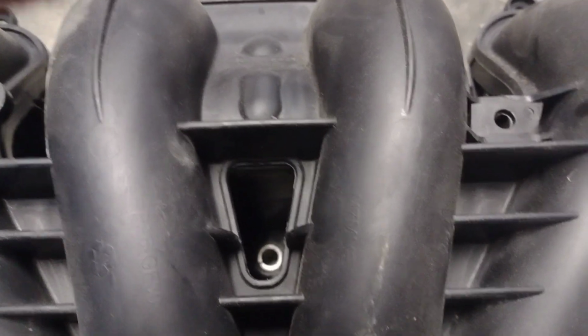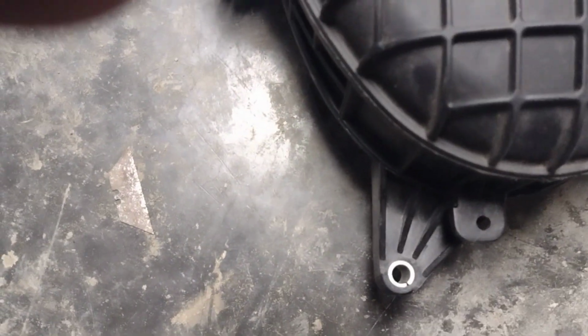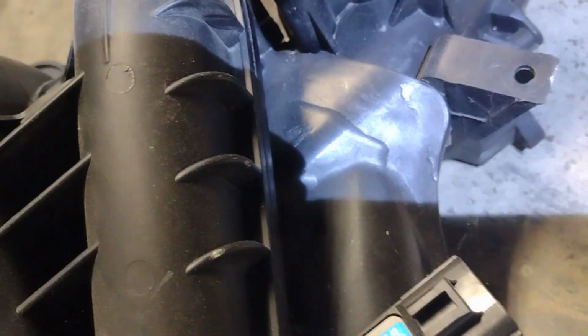that's kind of crazy. Like there's one right here in the middle, which is kind of a pain to get back in, and then there's one here at the bottom. But they're relatively easy to get to. That one right there, this one, and there's two here. Right there's one, and then there's one down here. Where's that? Let me turn this light on. Right there it is. Right there. But there's 7 bolts on that, and